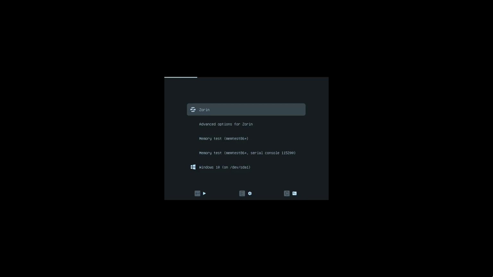This is the grub menu for Zorin OS. You can see the timer moving across the top of it there. We're going to press the down arrow and stop the timer, which we've now done, so the panic's off. We can see at the top we have Zorin, then we have options for Zorin, memory test, some more memory